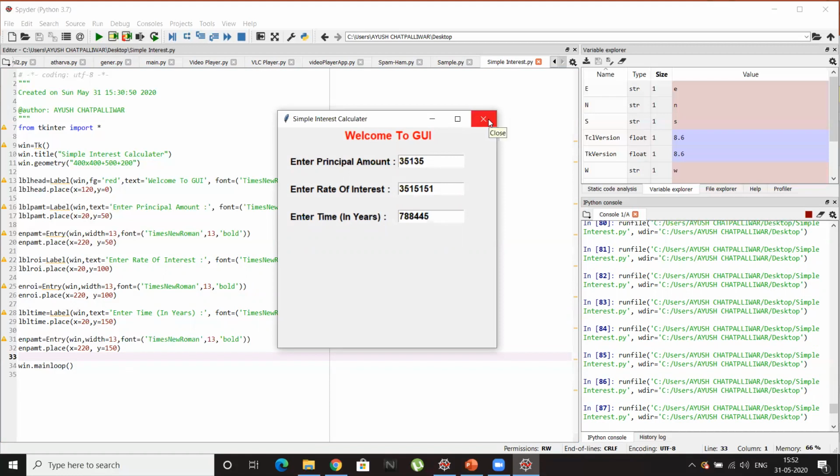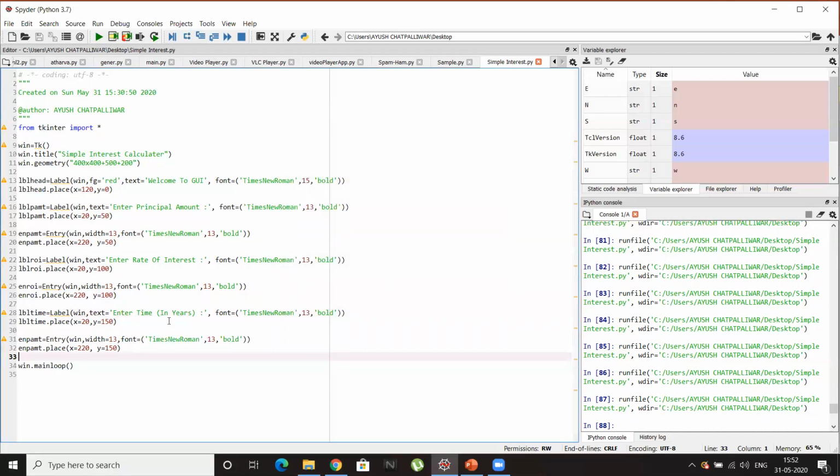Yes, perfect. So now what I want is a button, so that on click of the button, the result will be flashed on our GUI. So let's make a button on our calculator. Since we were making the objects of label as LBL and the object of entry box as EN, the object of a button will be like BTN. BTN, it will be a calculate button. So BTN cal is equal to the Button function, and I'll need to give the object of the window. It's very obvious that I must give window.